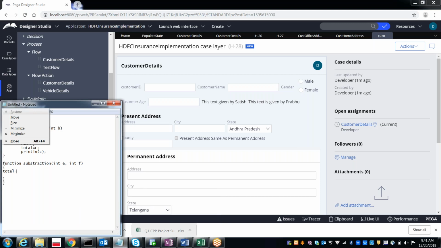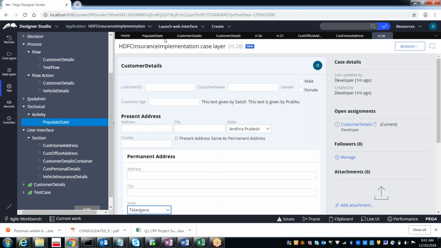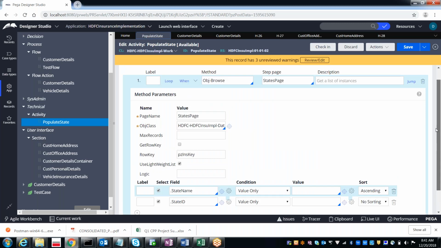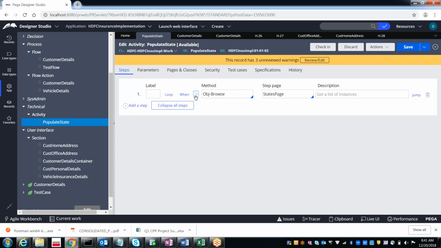I said there are various methods available. We have even seen them in the activity itself. So here we can see various methods, on the method text box.